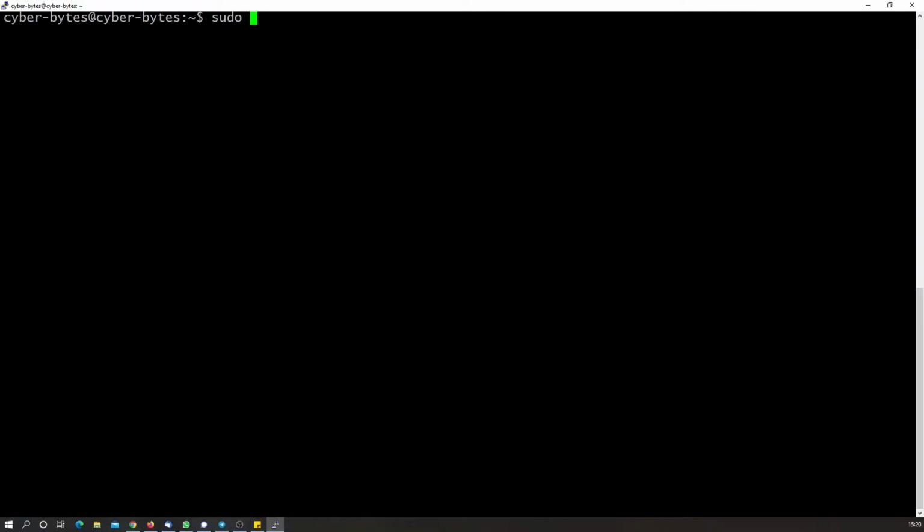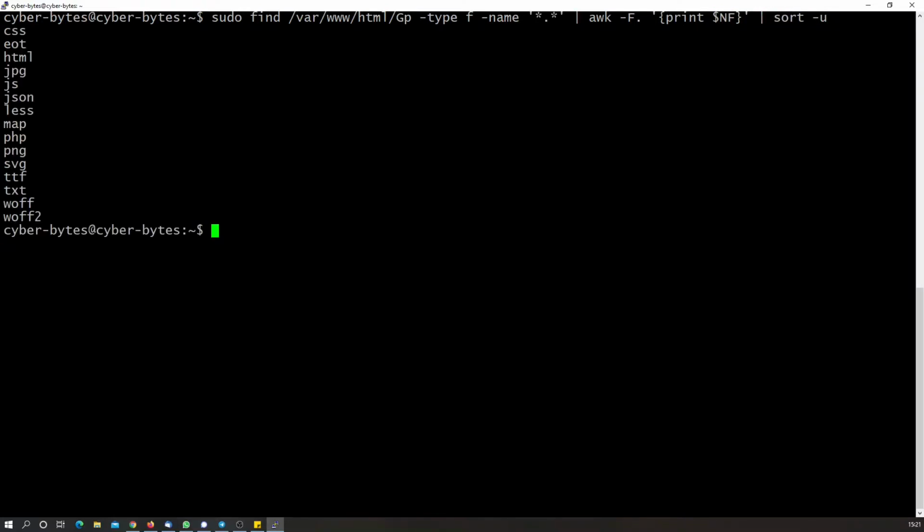So sudo... Yeah, so these are the extensions that the application has for the specific folder that I have queried.